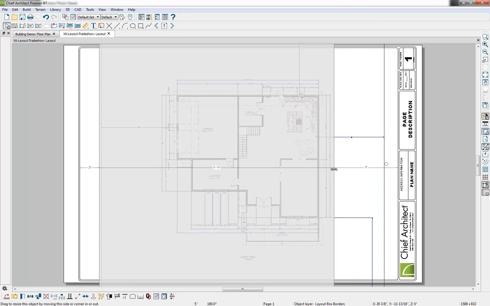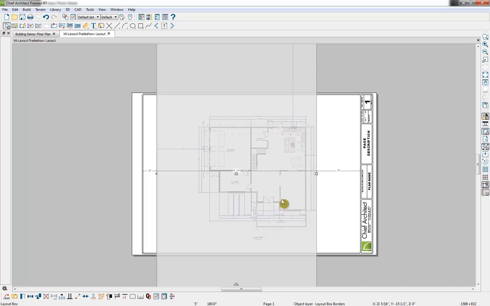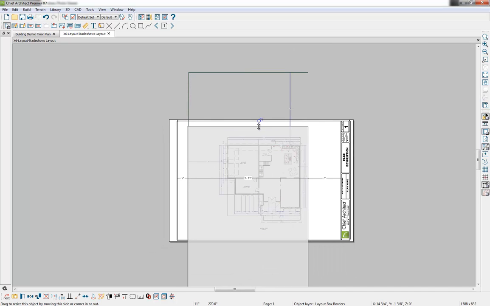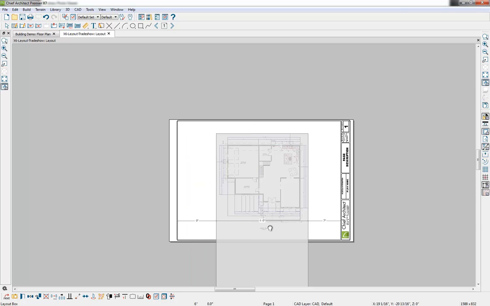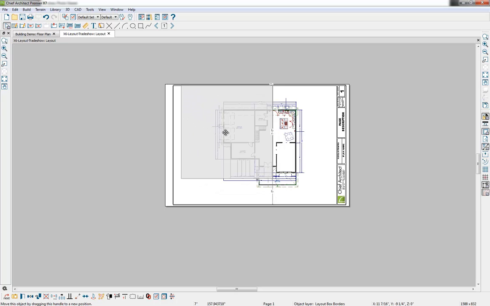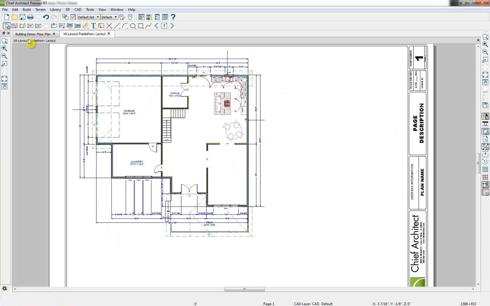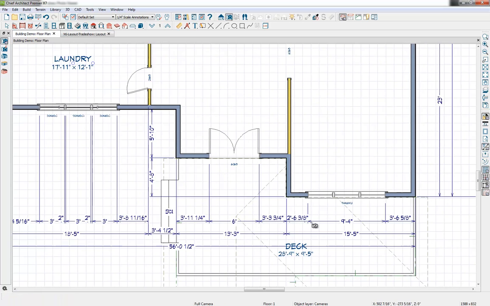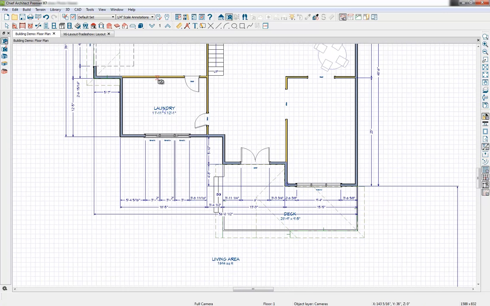And then you can modify and bring in your lines here. I don't need my entire terrain in there, so I'm just going to drag that in a bit and up. And there we go. I'm going to go right back to my floor plan here just to show you a